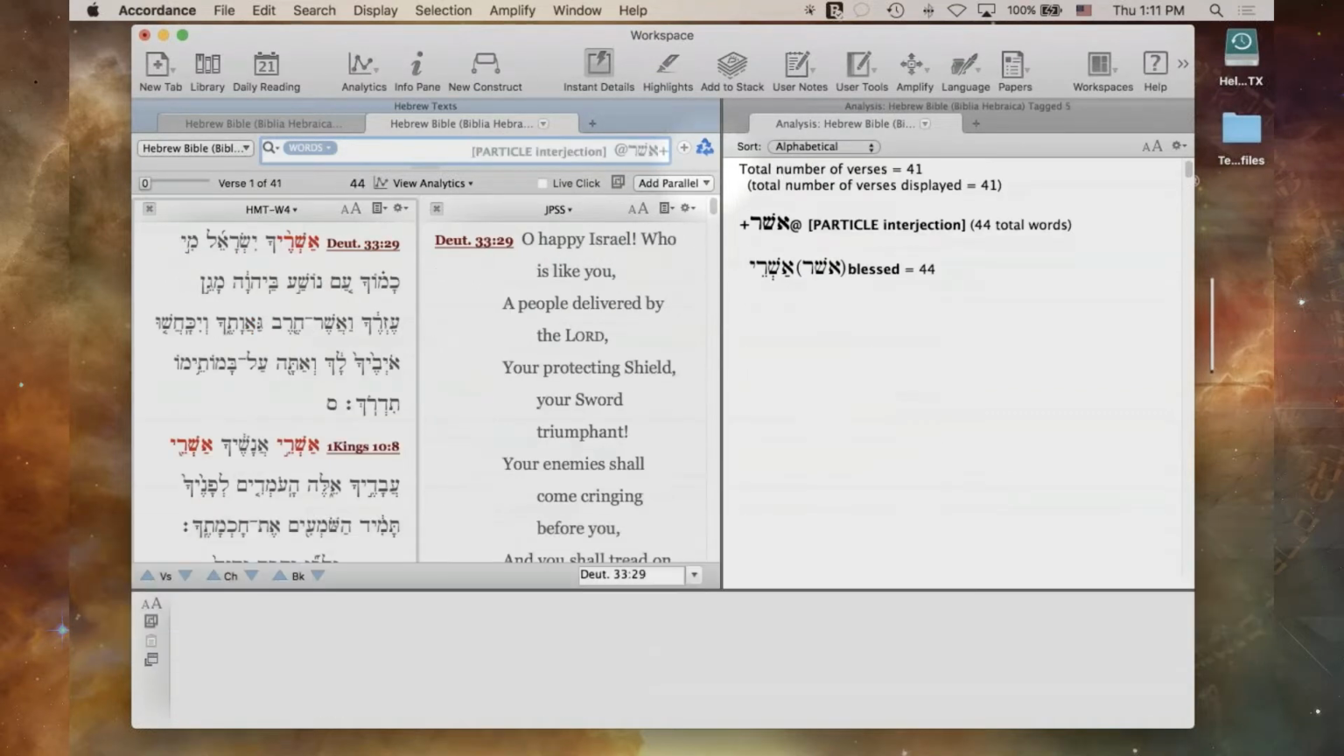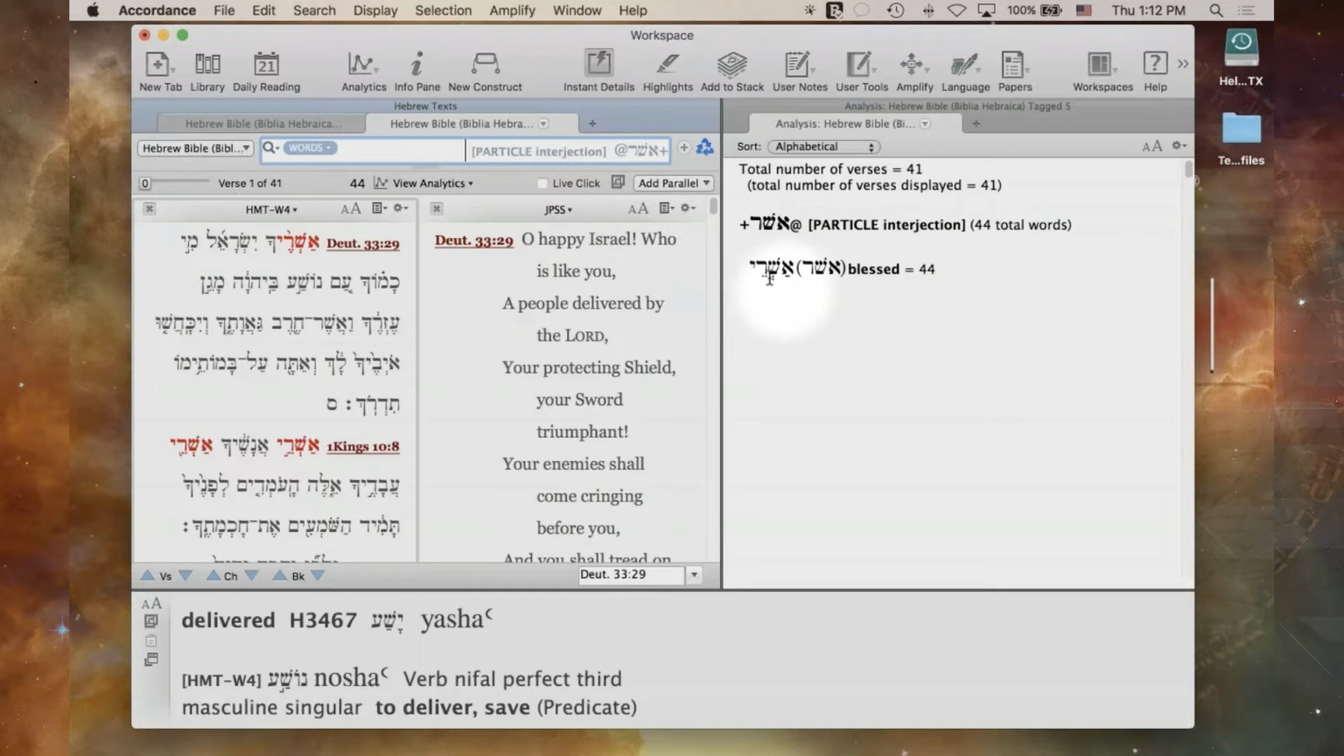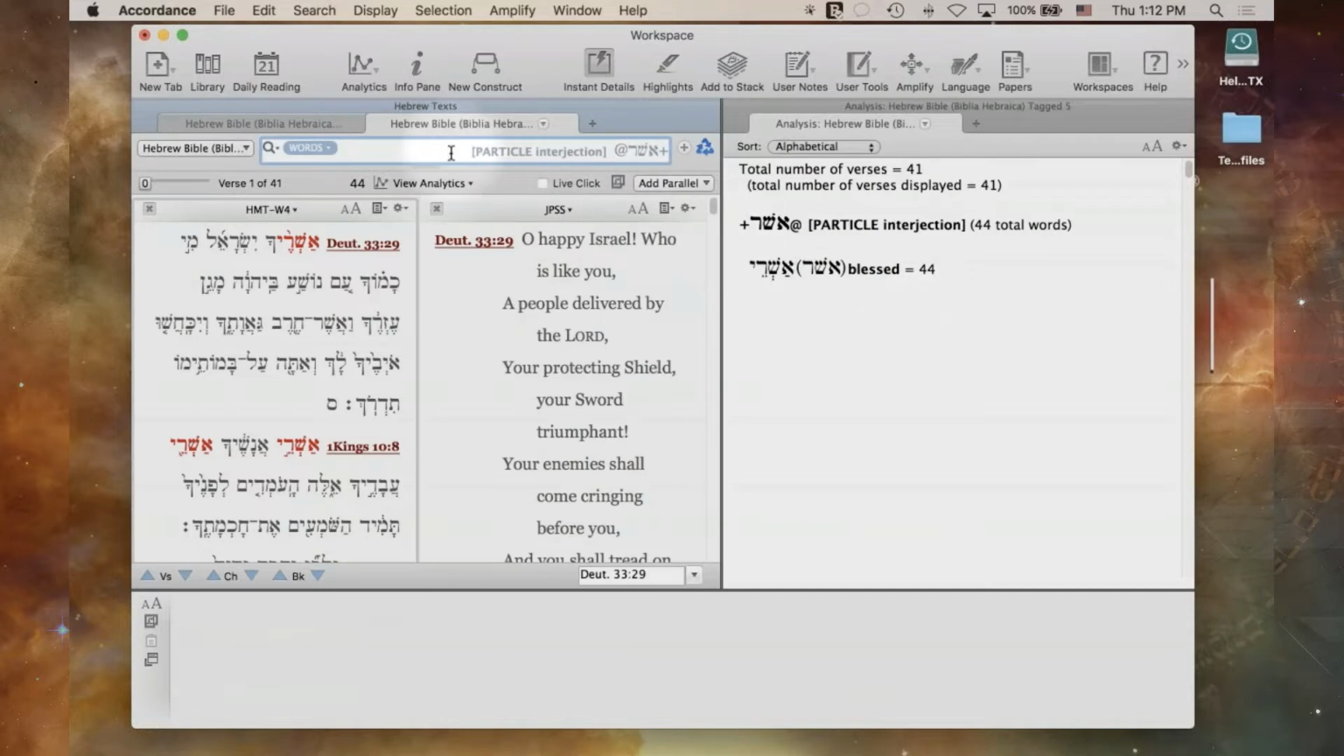And hopefully you all are aware already of the importance of the @. What the @ says is that the Asher root needs to be on the same word as the particle interjection. And now we're back to our 44 occurrences where Ashrei means blessed, and it is the particle interjection. So that's just a little review of how to do tags. You can also, of course, add the tags without words,